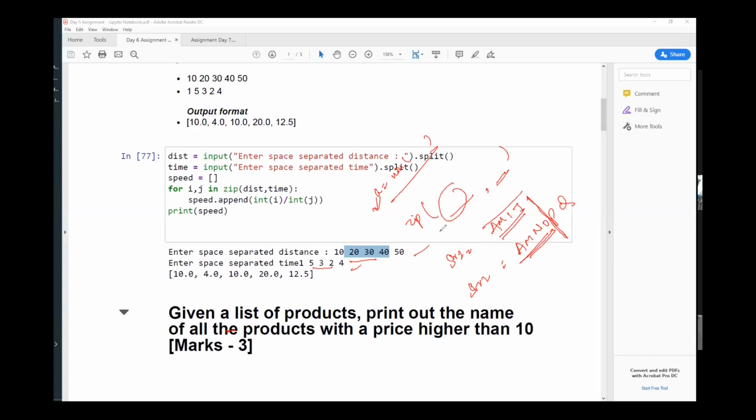Okay, but assume that it is missing from the ends. So the initial sequence is all correct, but it is missing from the ends, and I want to calculate the speed. Then I can use a zip function to calculate the speeds, because it will take only the number of elements of the sequence with the minimum number of values. So it will handle all those things automatically for you. That is how a zip function works.